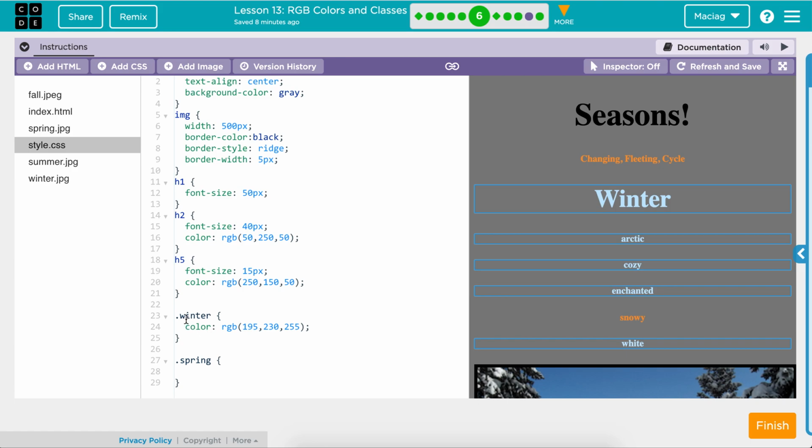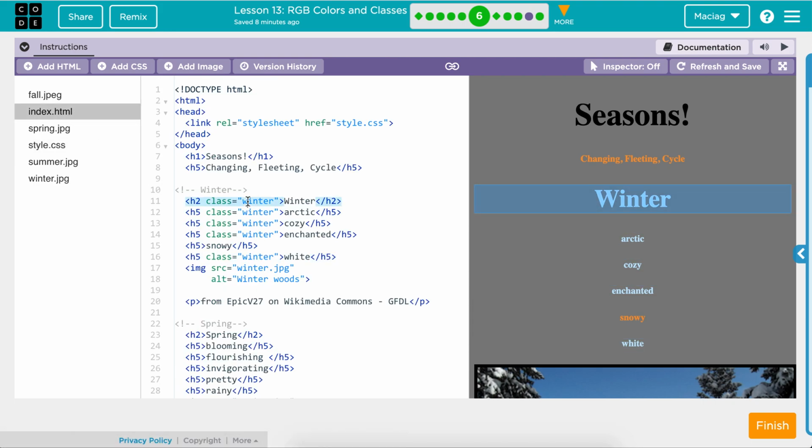But the first thing I want to point out is when we're on the CSS file, style.css, we have the class name and we have a period at the start of it. That period is very important. That might be something you forget unless you write that down and make sure you remember. So instead of having one of our selectors, one of our HTML tags in front of this curly bracket, we can put any word. We just have to have it start with a period. And then we can use that class name, that word, to designate certain parts of our website